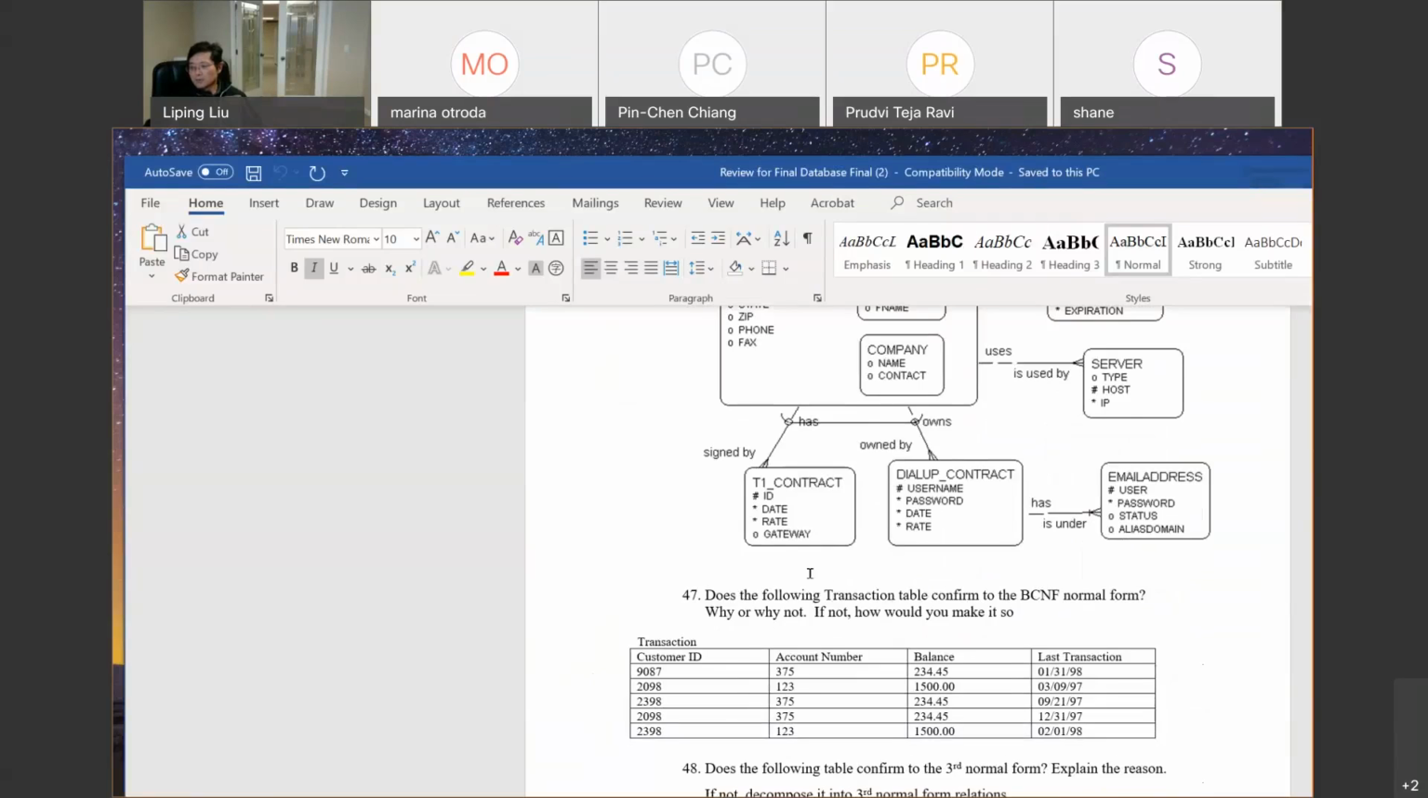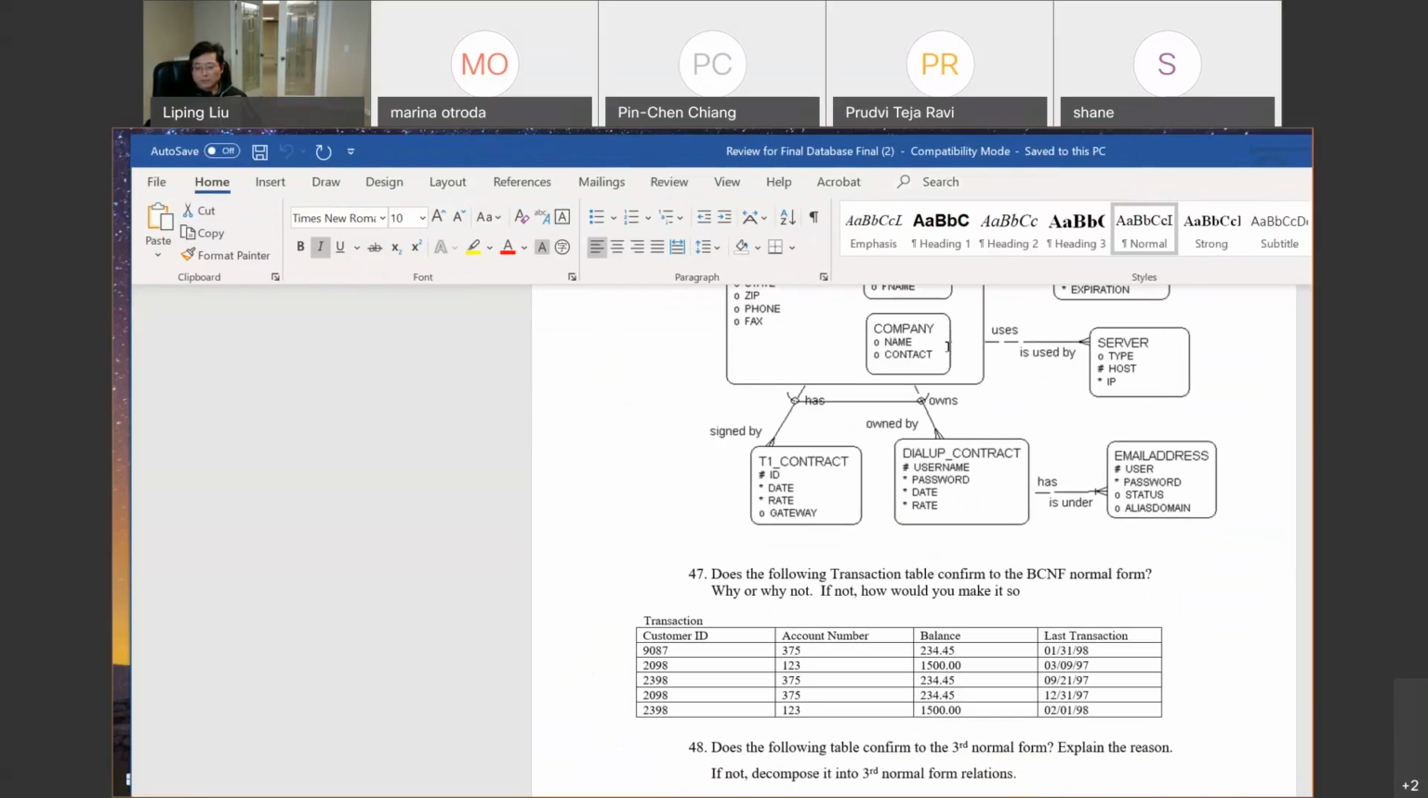And next, let's try to come up with an example to warm up your normal forms. Okay, so let's do the first one first. Okay, this one. Does the following table conform to Boyce-Codd normal form? So to do that, we need to